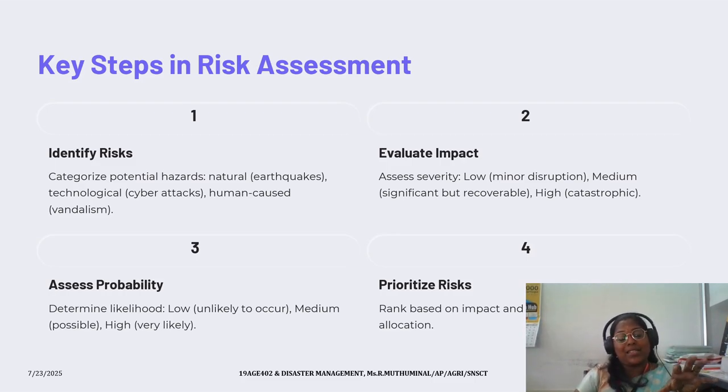While assessing the risk, we have to consider four key steps. The first step is we have to initially identify the risk. Under identification of risk, we have to categorize the potential hazards like the natural hazard or technological hazard or the human caused hazards. Natural hazards are the hazards that happen naturally due to tsunami or earthquakes or floods or anything. Technological hazards are something like cyber attacks due to some